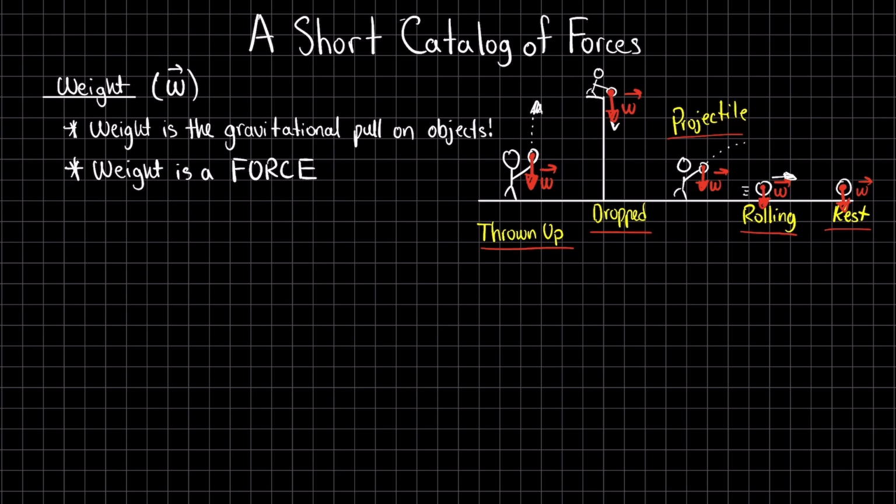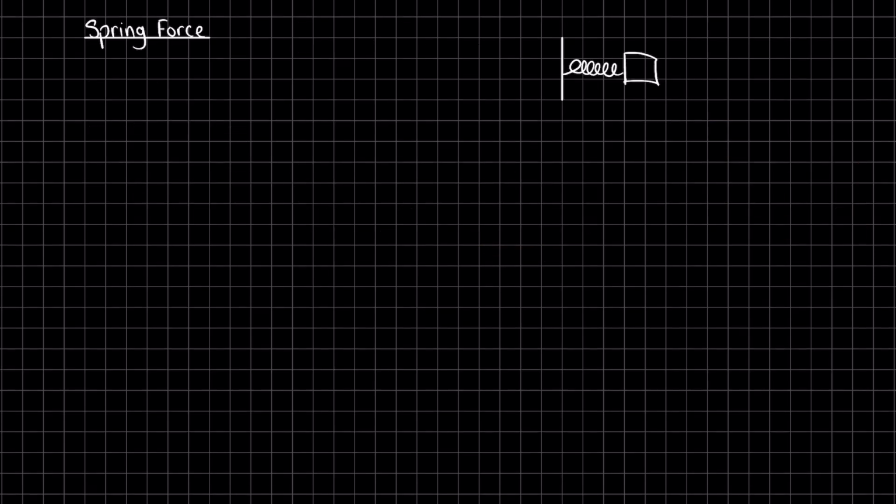No matter how an object moves, its weight vector always points downward, connecting it to the vast mass of our planet. Remember, weight isn't the same as mass. Mass is the measure of how much matter an object contains, while weight is the pull exerted on that matter by Earth's gravity. Next, we encounter the force of a spring, a versatile force that can both push and pull,